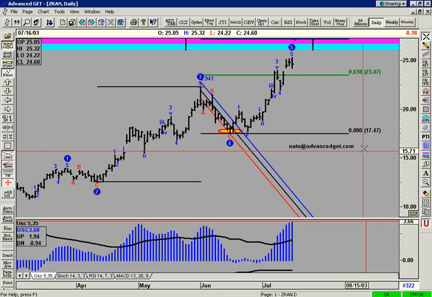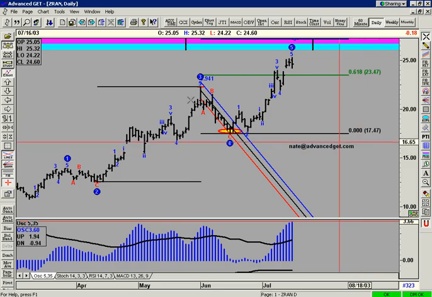Does anyone else have any questions? Yeah, next week we will talk about the XTL, which is another trading system. Once we've gone through all three trading systems, the Type 1, the Type 2, and the XTL, we're going to talk about the end-of-day search function that's built into the Advanced GET program that will help you weed through all the thousands of stocks, indexes and futures that we have